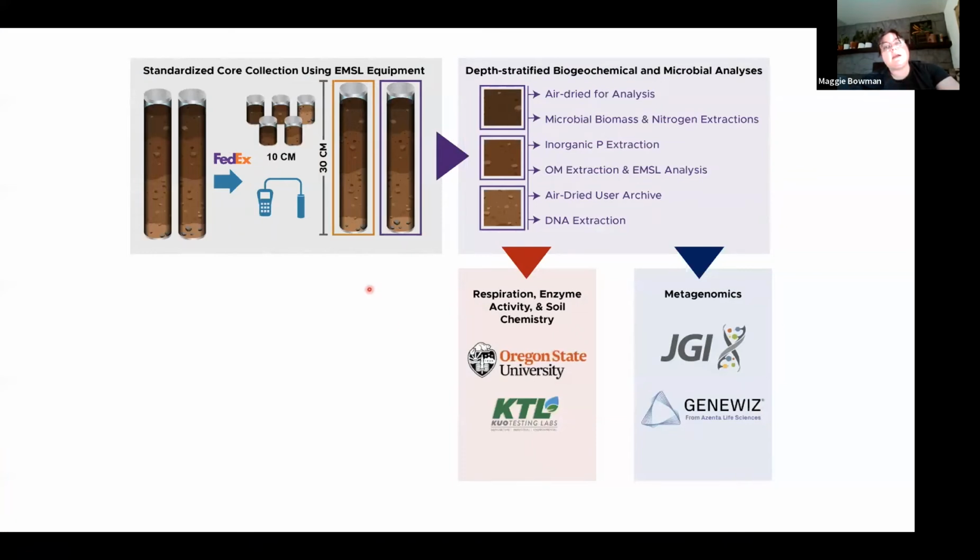And then again, from there, we really want to focus on using standardized processing methods so that everything is being collected in a standardized and logged way, and we're keeping track of all of the metadata regarding the samples from field collection all the way through every step of that process, as well as the metadata required for GeneWiz and JGI, and all of the sample metadata and calibration data from our partners at Oregon State and QO Testing Lab.